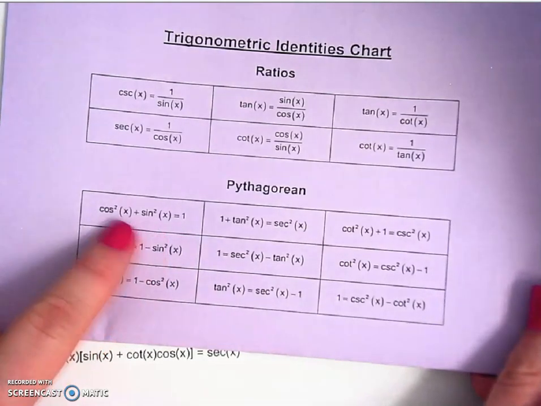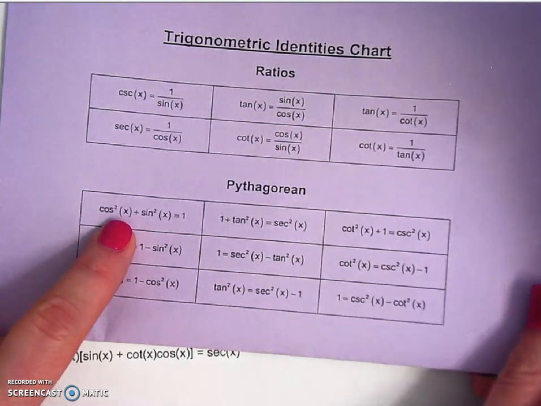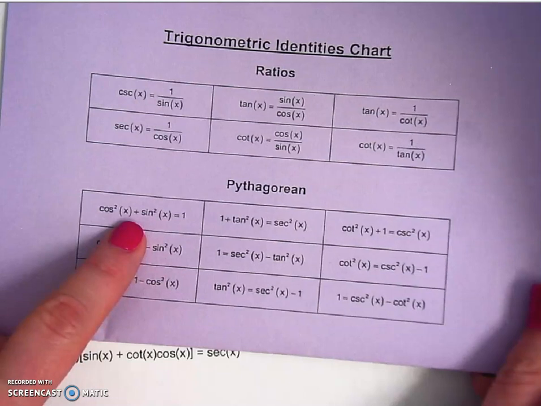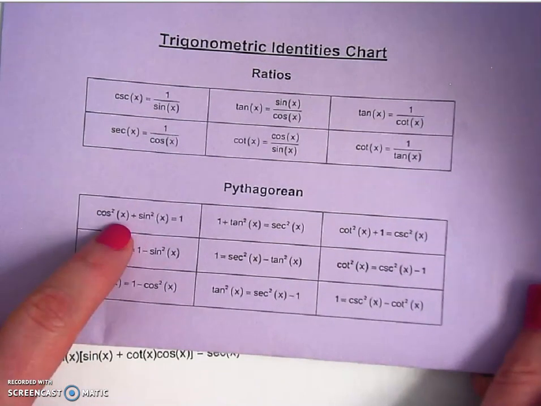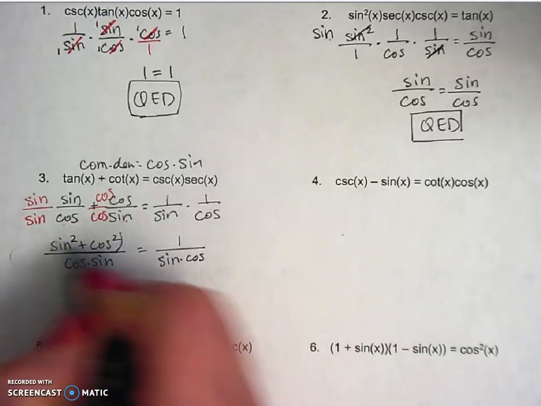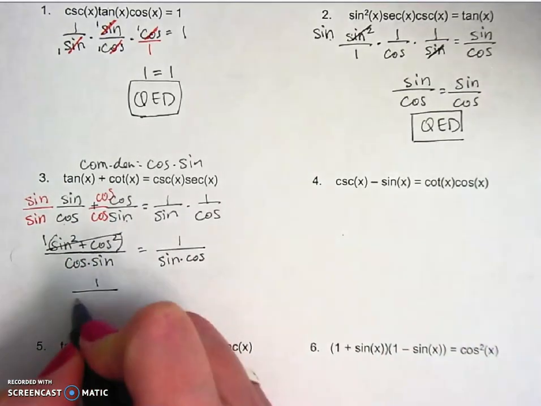And it doesn't matter that sine squared is written first, and on my formula sheet, it's written second, because the commutative property of addition says you can switch those around for addition, and it's going to be the same thing. So I can replace this entire expression with 1. So now I have